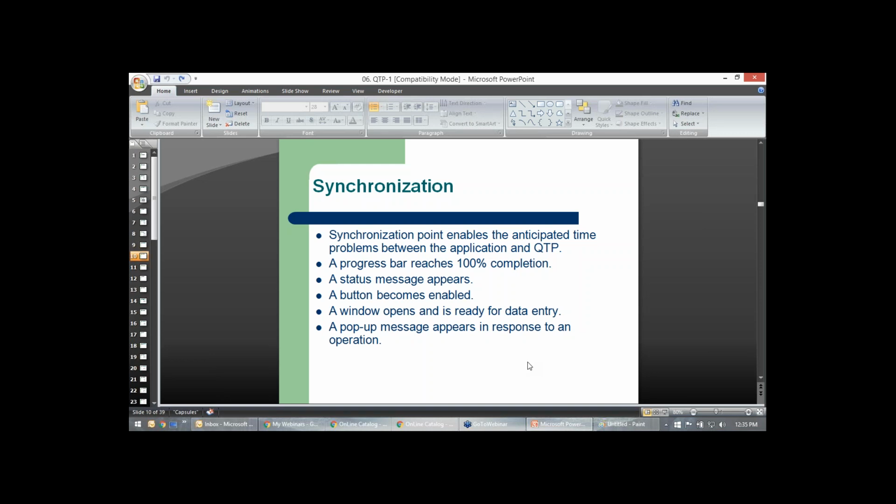Now QTP doesn't know that. Suddenly it throws an error, saying the website is not reachable, and the whole script fails. The test results fail, and everything fails, but there is no real reason, because the website is working fine. Why did it fail? Now you need synchronization. QTP doesn't know that it takes some time because of the server. That's why you need synchronization.